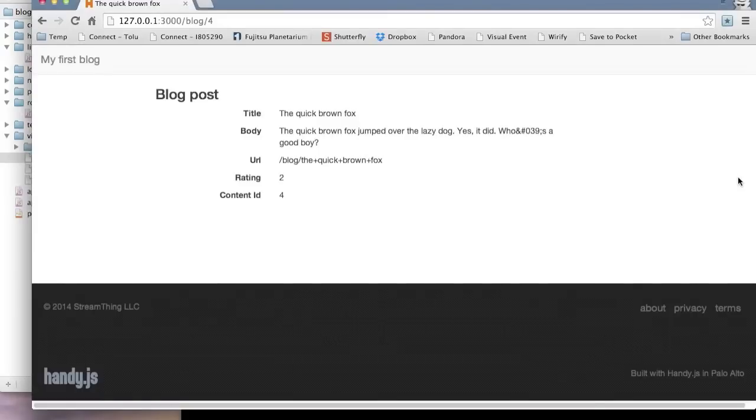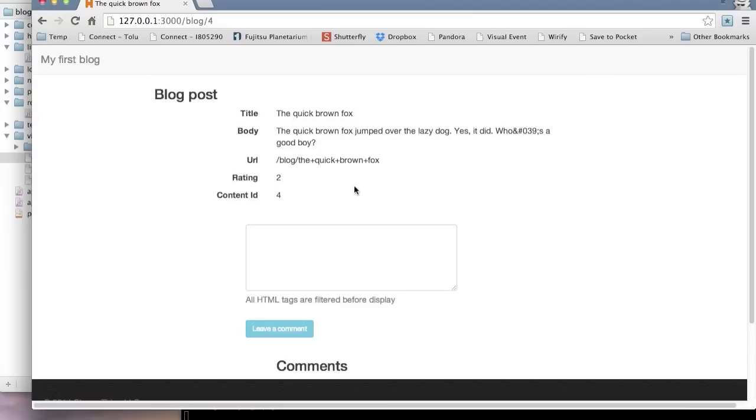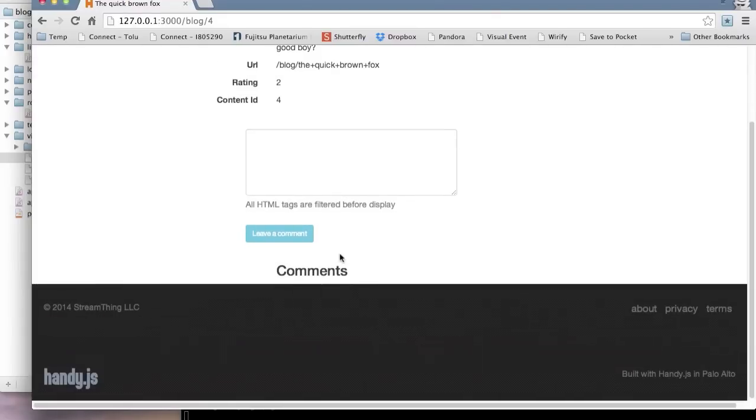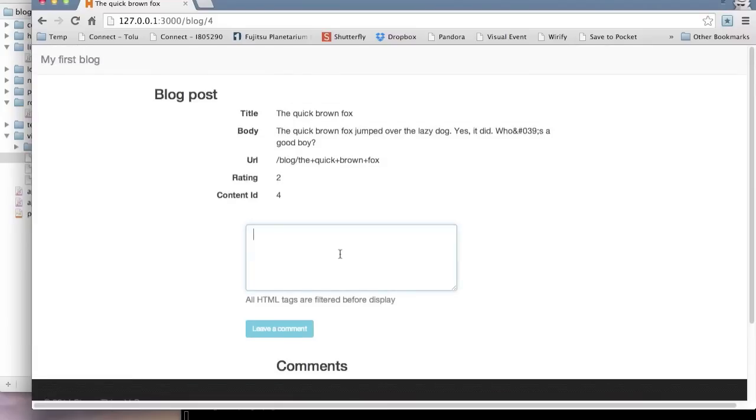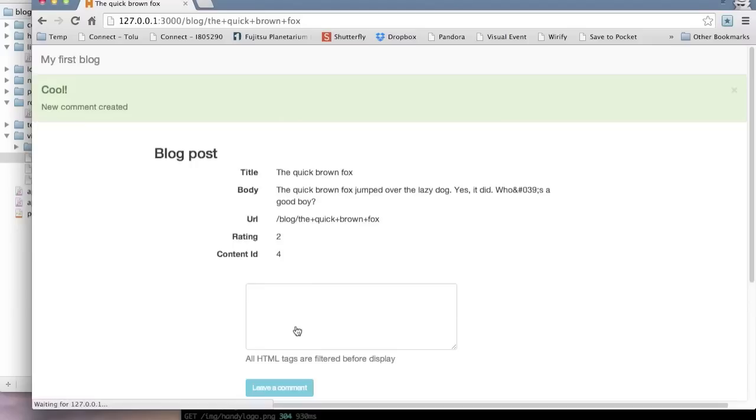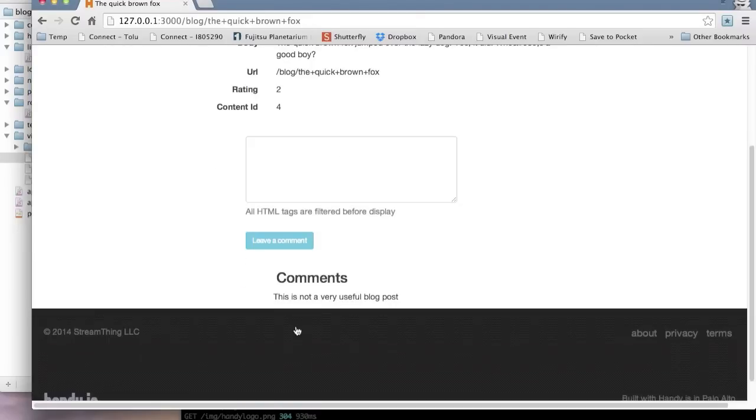Now let's view our blog post. And now our blog post has a comment form that's attached to it, and that allows us to leave any comments. Right now there are no comments there, so let's leave something. As is apropos, let's leave a trolling comment, and let's save that. And now the new comment has been created, and you can see it's now being displayed along with the blog